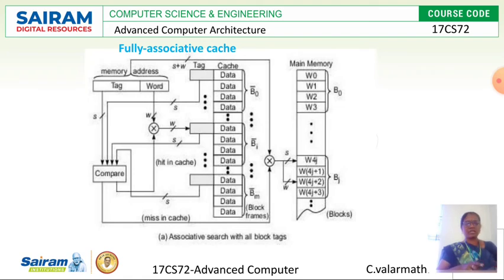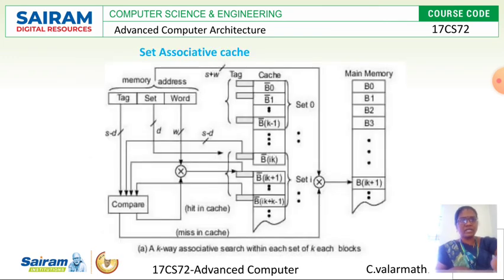From this cache memory, the main memory address is also given to one more comparator unit in the main memory. It will be directly connected to the main memory blocks. Here in this case all blocks are connected to all blocks of main memory. So there are more confusing and complex connections made in this scheme. Right? So it has some disadvantages, and implementation-wise it also costs more. Right? So this is about the fully associative cache memory. I hope you understand this topic.